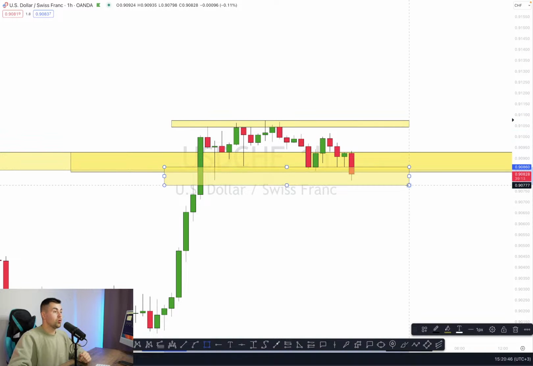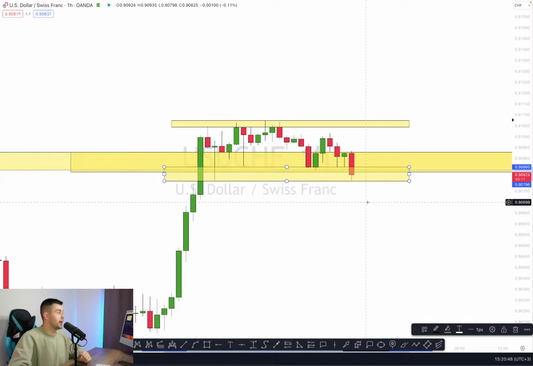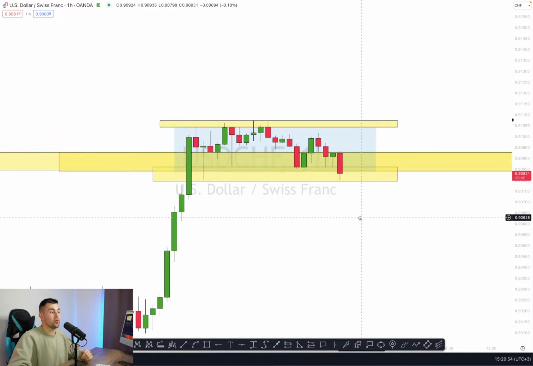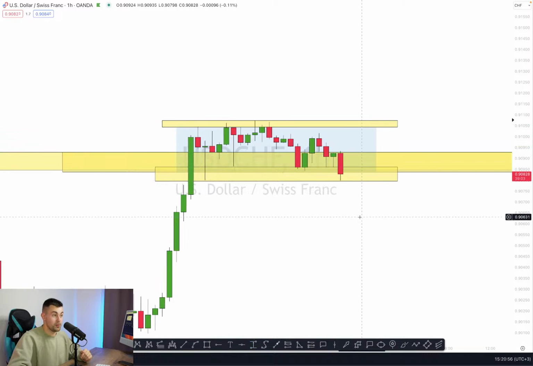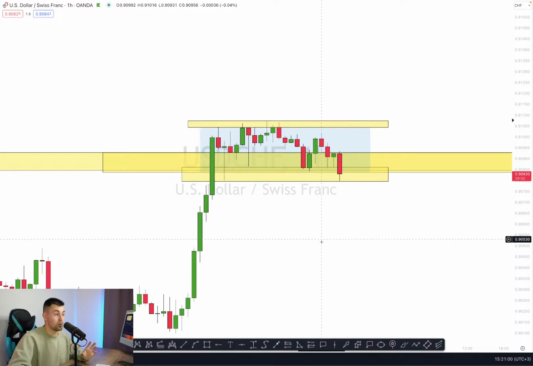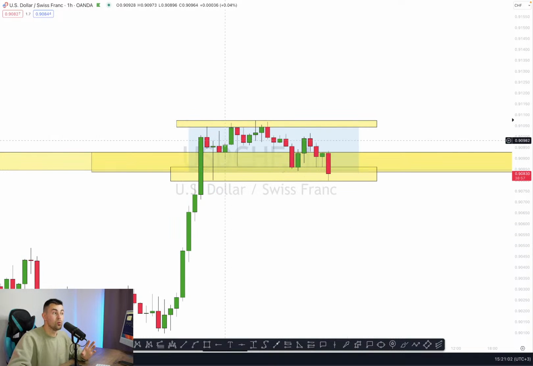And on an hourly time frame, we can spot a very cute range, traders. Yes, you can see that currently the market is trading within that horizontal trading range. And that range we can apply as our confirmation, because while the market is trading within the range, the market remains weak and indecisive. The market is waiting for some trigger. The market is waiting for some fundamental or technical catalyst.